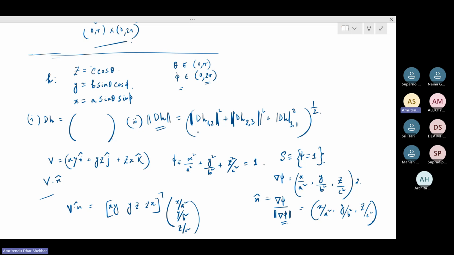In particular, I'll ask you to write down what this density function is. We got this to be equal to sine theta for the sphere. What is this quantity for the ellipsoid? This is like a homework problem. You can try this problem and let me know next class. Okay. All right.